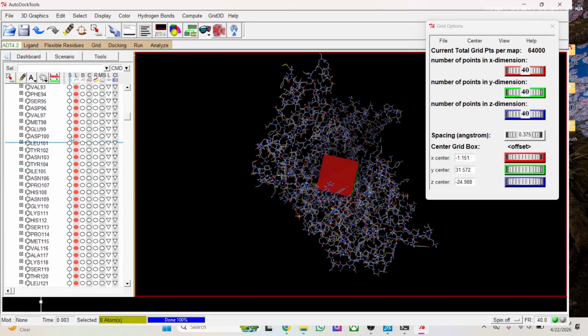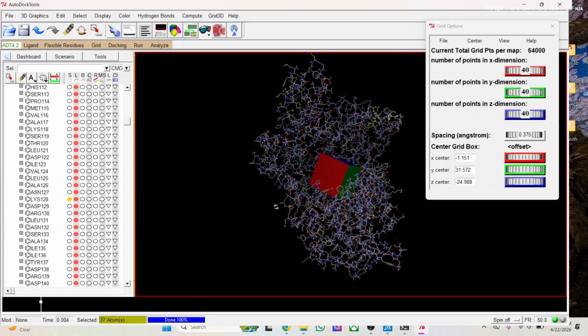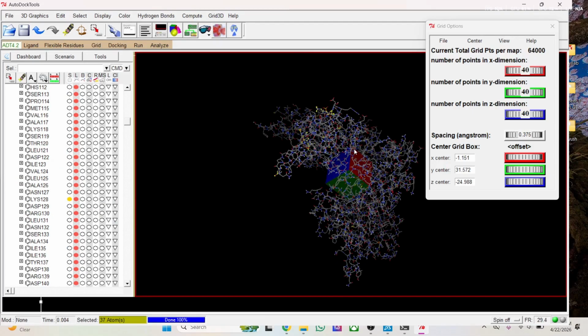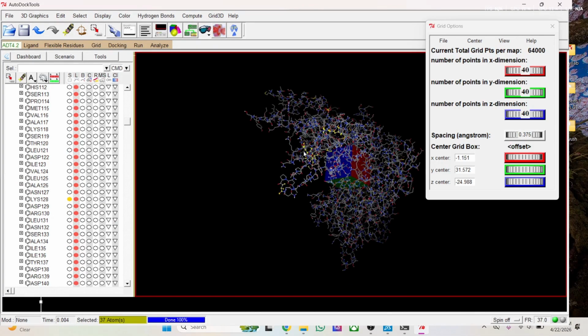When I select the amino acids responsible for the interactions, or the active site amino acids in the structure, the yellow star area will be shown. That is my binding site, and I will be setting my grid box on that area.